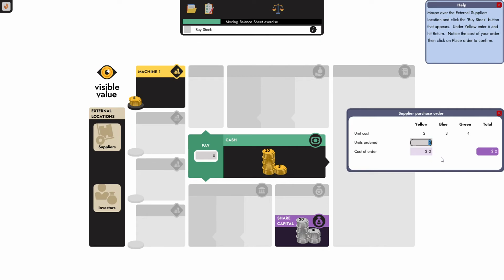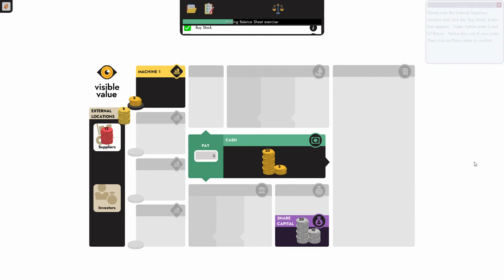So I'm going to order the full capacity. I put a 6 in there, press the enter button. You'll notice it calculates the cost of the order, and now I have to select place order, which I'm going to do. And you see now our raw materials have arrived at our machine, who have immediately converted them into finished products. You'll notice also that there are 12 red coins in the suppliers area, which is reflecting how much